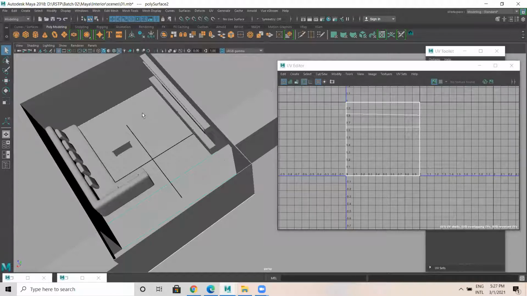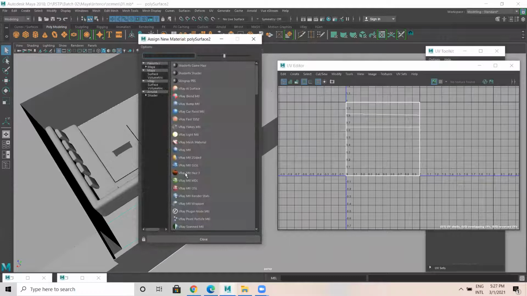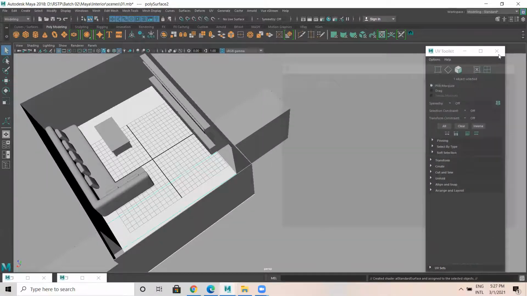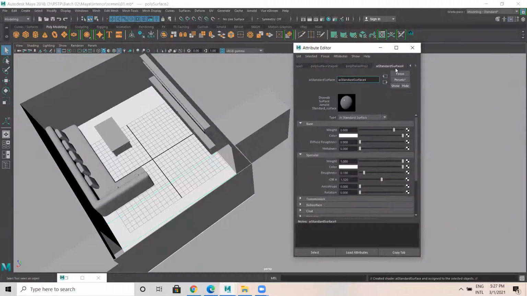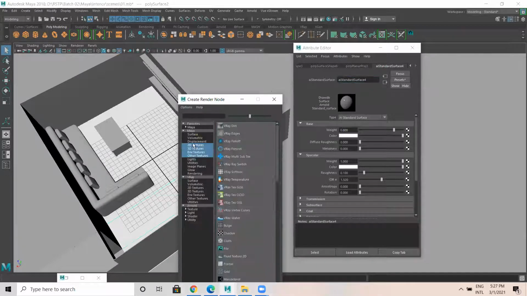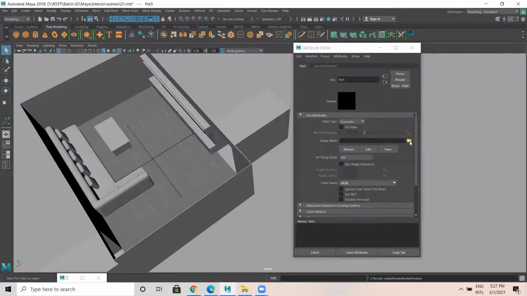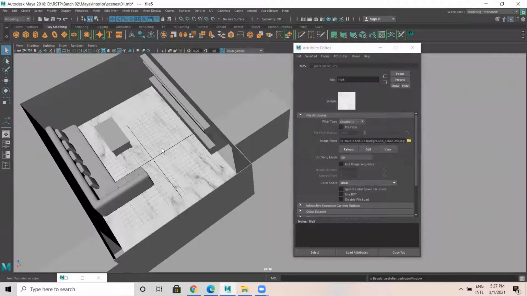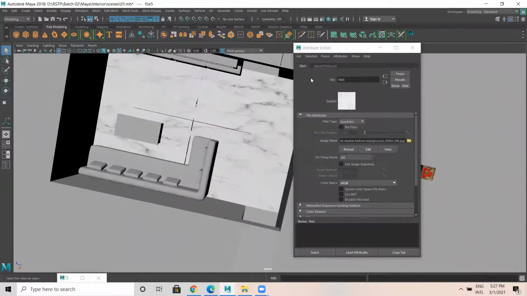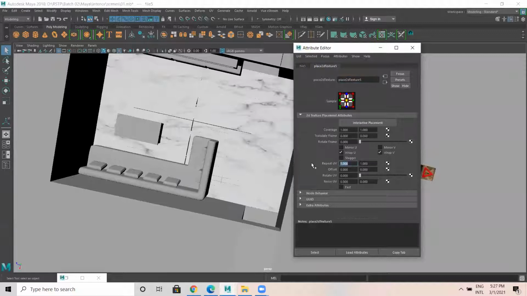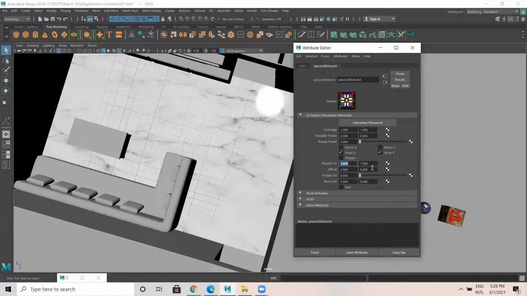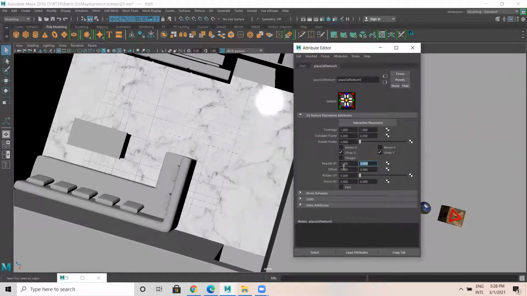Another method, select this model, right click, assign new material, go to Arnold shader, AI standard surface. This is another way. There are so many multiple ways to apply material and texture. So again, click on this color, go to 2D texture, take an empty file, click on this, white marble, applied. Now come to place 2D texture, repeat UV is there. This I made it 2. Let this be 1. Now this I'll increase to 2 or 3. Okay, got it.